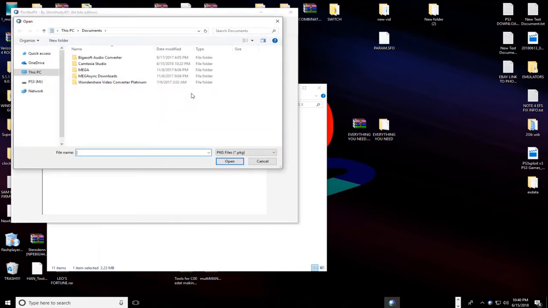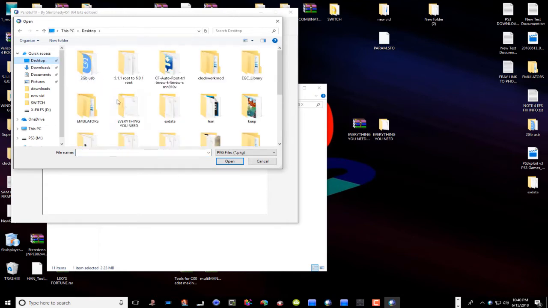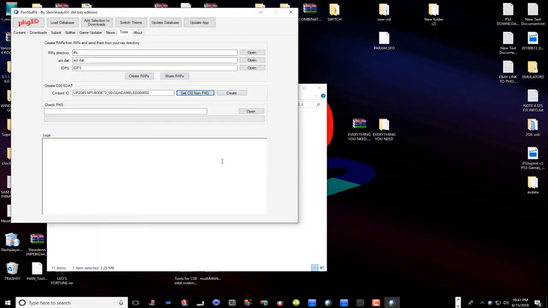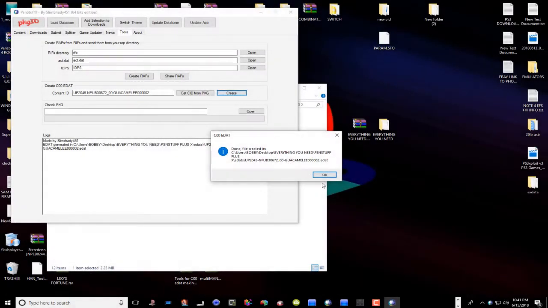We're going to click on that, and now all we got to do is navigate to wherever our package file is at. Alright, so it's going to be in Everything You Need, PSN Stuff, Downloads, and there's our Guacamole game, or whatever you want to call it. Alright, so we're going to open that up, and now all we got to do is go over here and hit create, and there we go, and we'll hit OK,